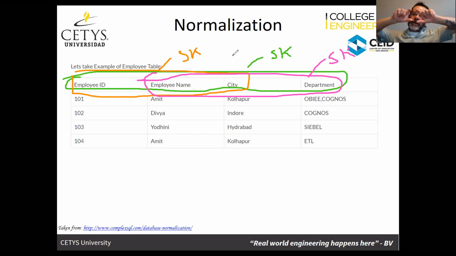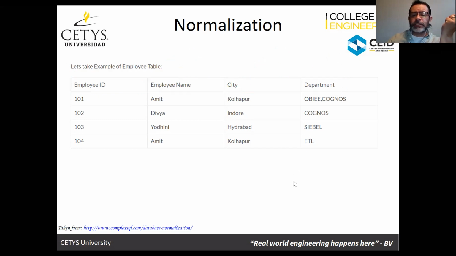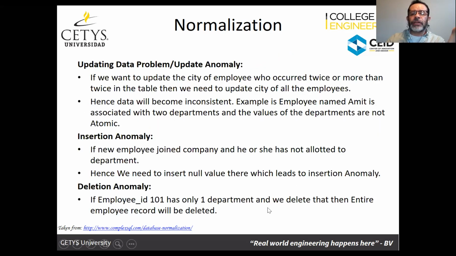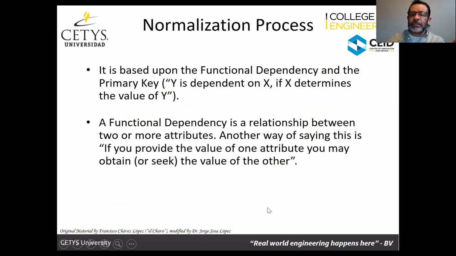So if I've got 4 attributes, then I'm going to have 2 to the 4, in this case, 16 possible combinations that I can use as super keys. Now, obviously, a primary key that has all of the attributes is not going to be practical. And so of all of the possible keys that I can have,